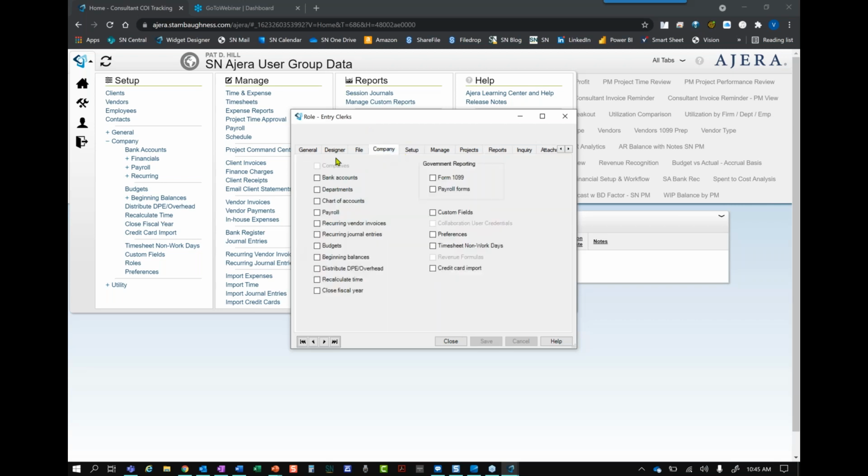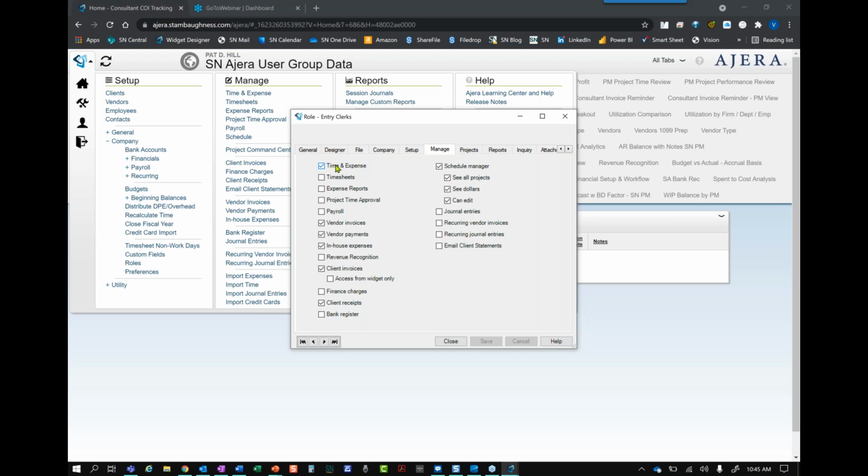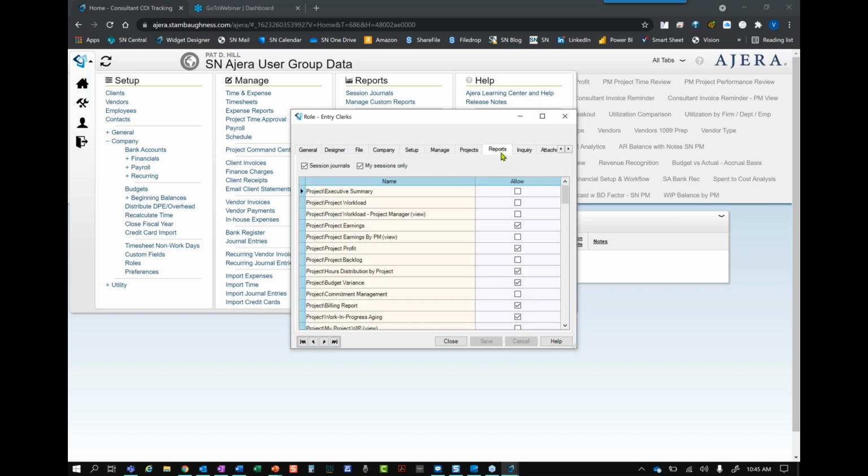So this role setup is where we say, what can people do? So our entry clerk can enter time and expense and do all of these different things. But this does not correlate at all to dashboard reporting. To Ajera reports, it does. This is where we say, what Ajera reports can our different employees see?